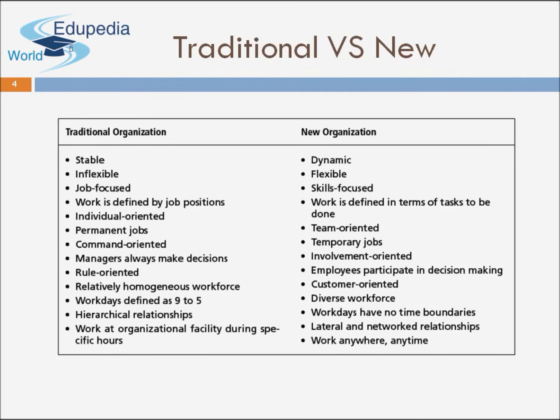When we talk about the traditional and today's organization, there is a lot of difference between the organizations. The primitive organizations which used to exist before the Industrial Revolution were very different from today's organization. Let's just go through certain differences. Traditional organizations were stable, whereas today's organizations are dynamic. Why do we say dynamic?